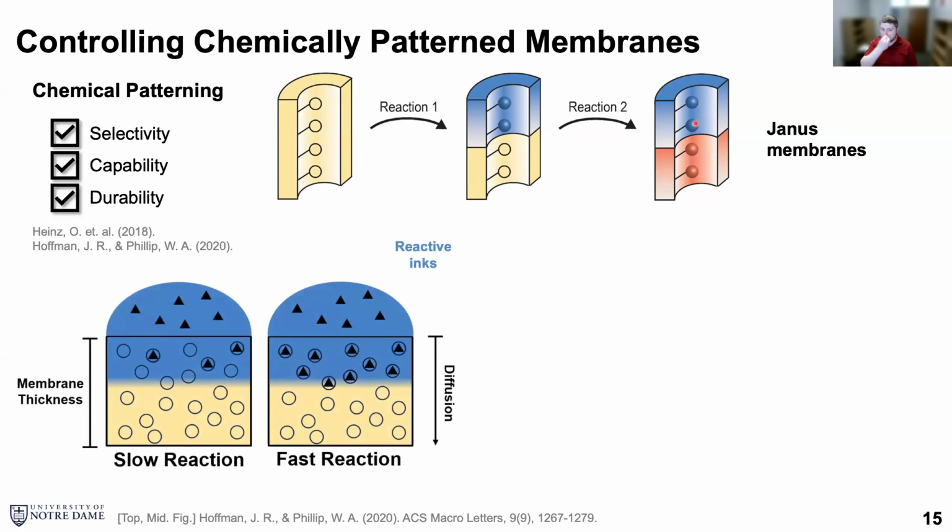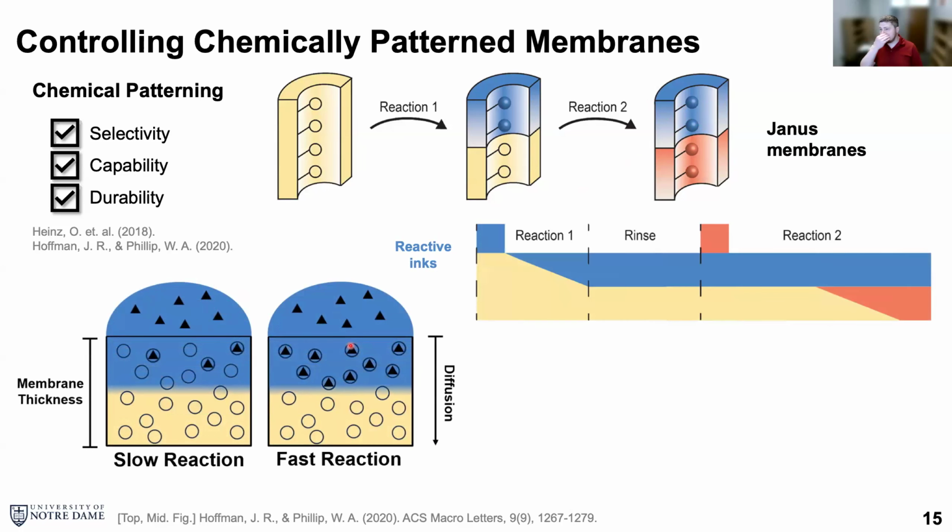One way to do this is through additive manufacturing or 3D printing, where you're going to put an ink bubble on top of the membrane, and then we can have a diffusion, and then either a slow or a fast reaction. And if you want to get this nice patterned membrane where there's one active layer, then a second active layer, you really want a fast reaction. So this is a diffusion limited process. And we're going to refer to these as reactive inks, and they allow us to have nice control over this concentration gradient of